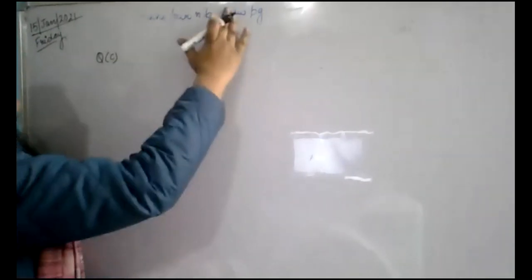We are going to start then the question number C. Question number C, and let's continue. You can continue from the same page itself, question C. What you have to do here, look here. Find the area of the squares with the following side. आपको area of square निकालना है.